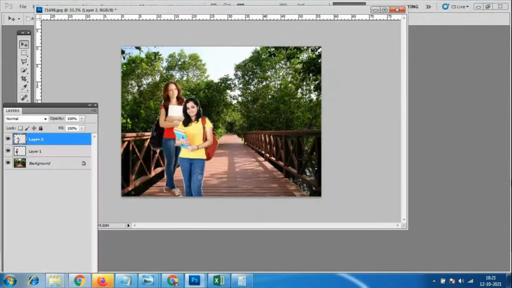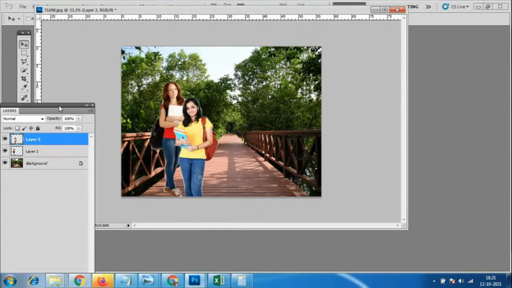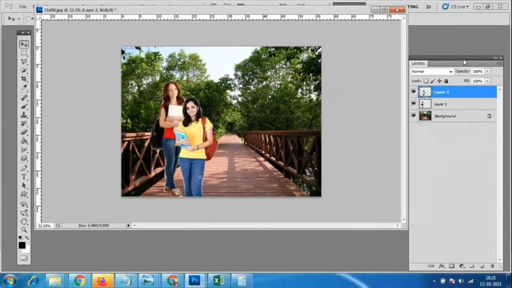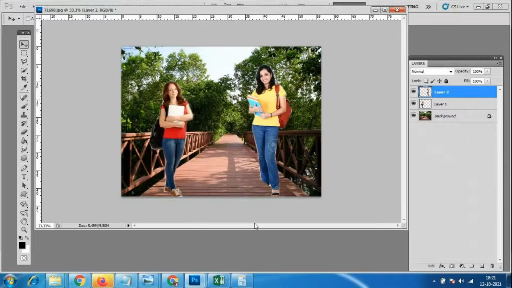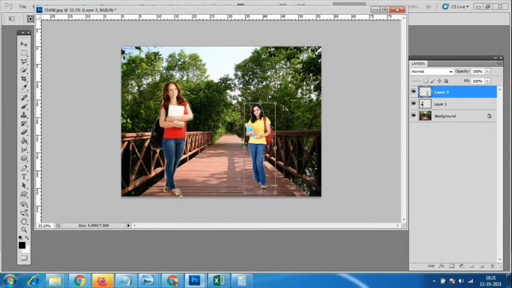Yeah, this is the layer. We will cover that up also. We have not selected her leg itself. Control T for scaling the image. So if she's standing a little far or looking taller than her, we'll keep something here in front of her. So now what is the situation here?